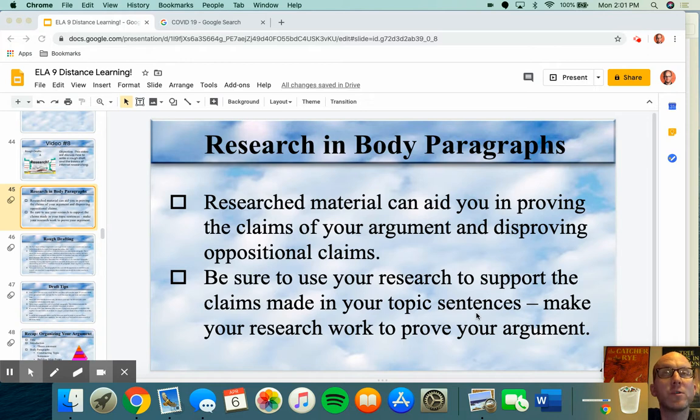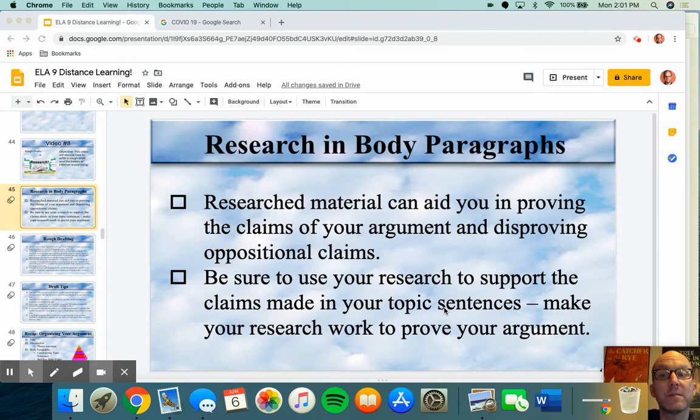So I always go back to the idea of Coke versus Pepsi, because I think that's the easiest example. If my claim, my thesis, my main belief is that Coke is better than Pepsi, I would say one reason is that Coke tastes better than Pepsi. So that would be the topic sentence. My first body paragraph would be: one reason why Coke is better than Pepsi is the taste. Then I would have to go on the internet and find evidence that supports why I believe that.